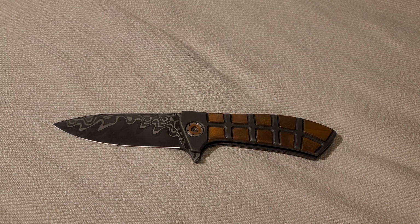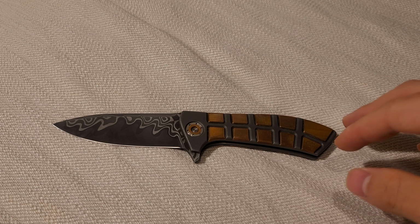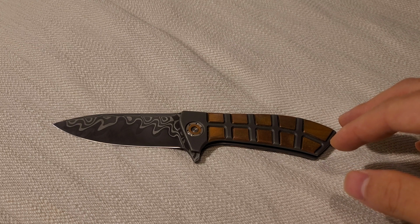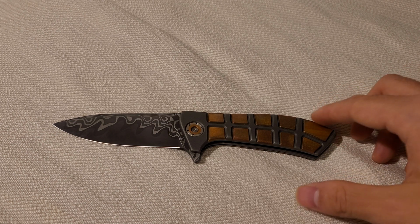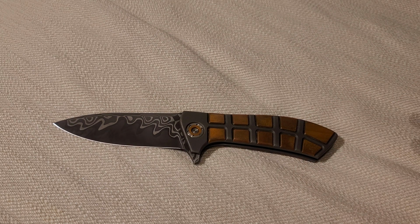You look at a Strider, you look at a Chris Reeve Sabenza, they have their own kind of theme going on, but it's a bit out there, right? Especially the Strider or the Hinderer. The Sabenza less so, but everything out of his shop comes out looking mostly similar to each other. But I think with the exception of the slip joints, and I forgot what the other model is called, but the Sabenzas, the Inkosi, they look similar. Oh, the Umnumzaan looks different, but